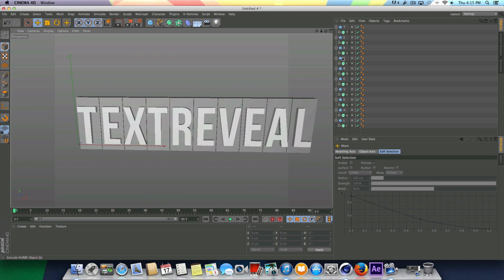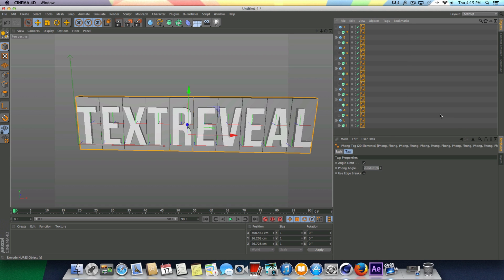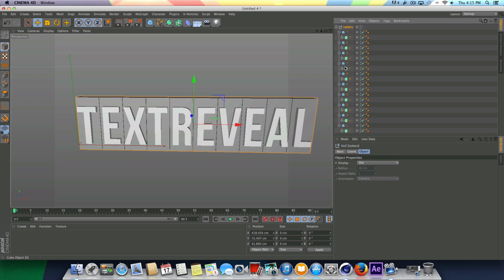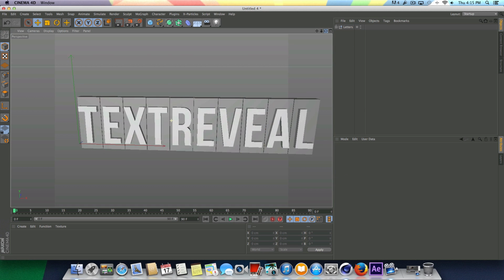So once we have this set up, what we can do now is just highlight everything, press Alt G on our keyboard, and that's going to group everything to a null. And we can just call this letters. And basically, if we open this up, then we've got all of our stuff right here. So this will make it really easy to go back and animate when we're ready to do that. So let's just go ahead and finish up